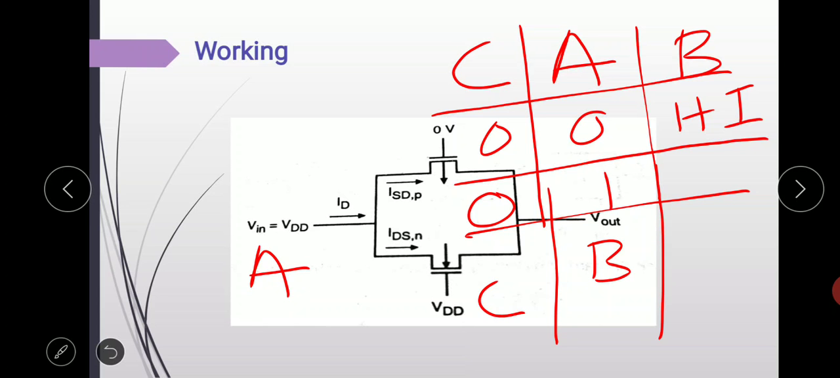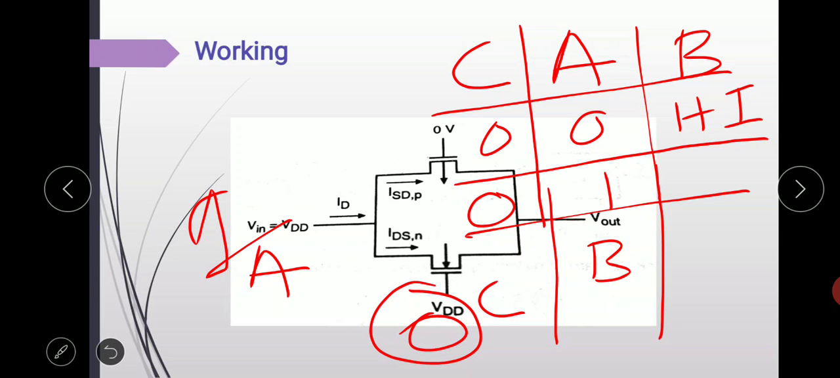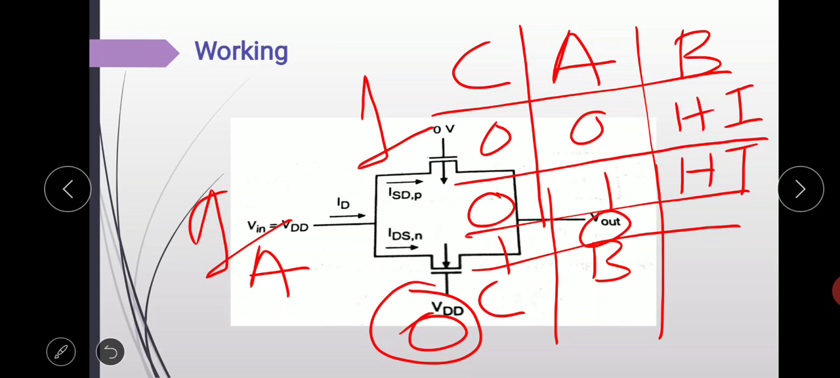that is 0 1. When 1 is given here and C equals 0, then also the switch remains in off condition, as 0 is never able to turn on the NMOS, and the complement signal 1 is also not able to turn on the PMOS. So here also high impedance state. Then when 1 0 is applied,